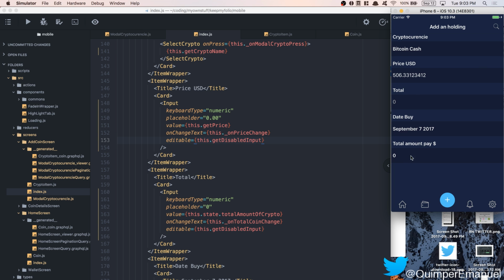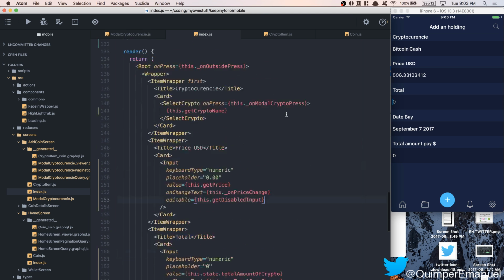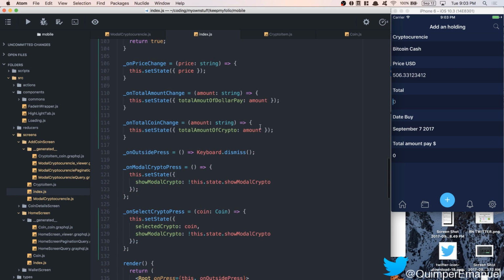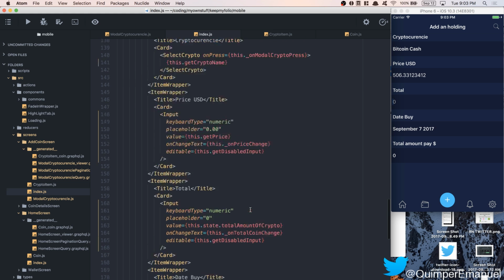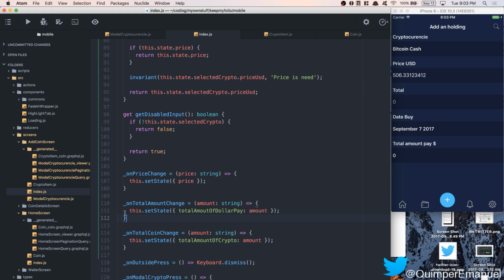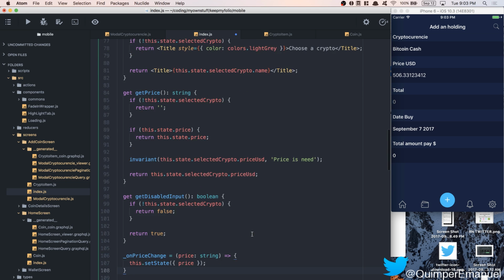Okay, like that. So now total amount. So I don't think I need this. Price change on total coin change. Now what I'm gonna do here,